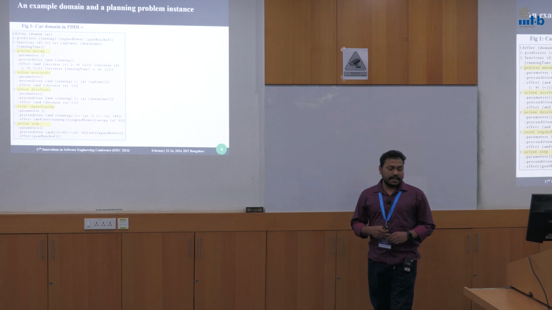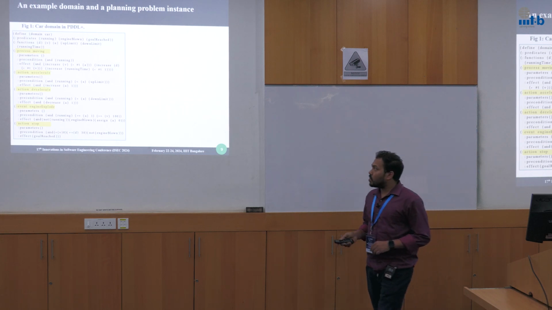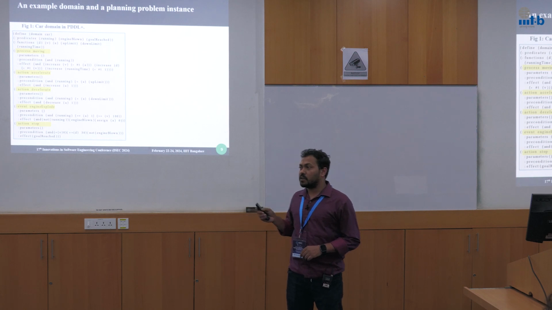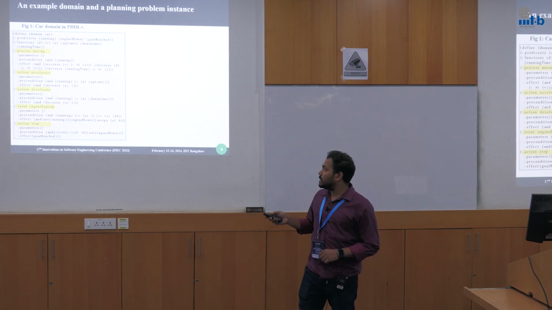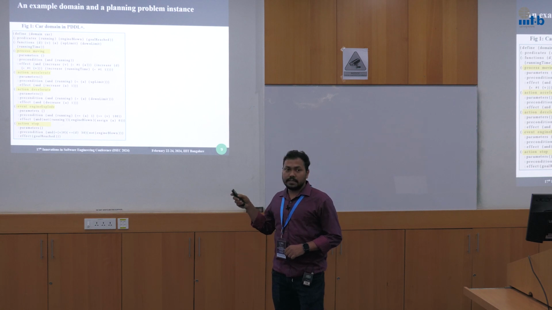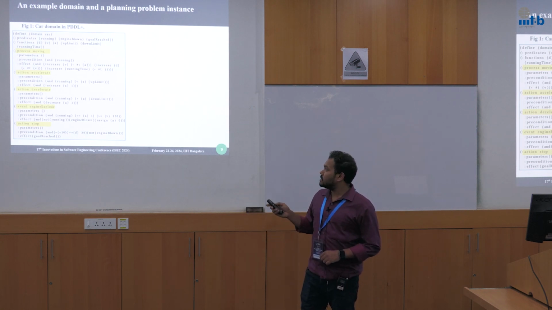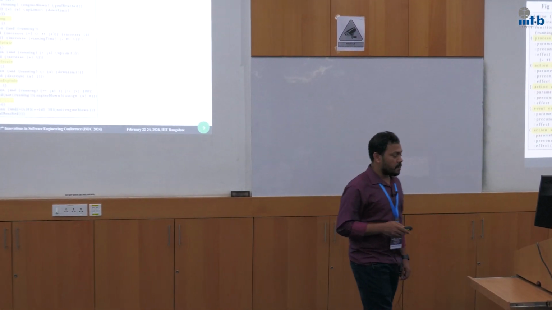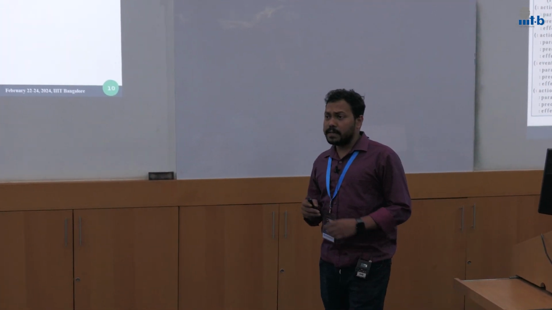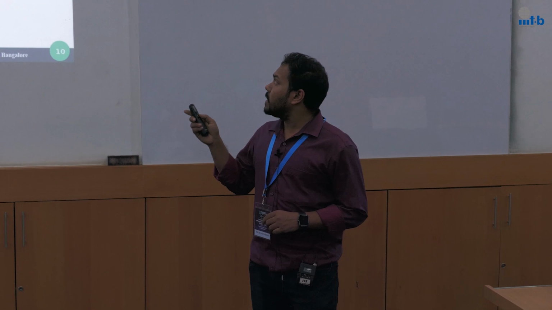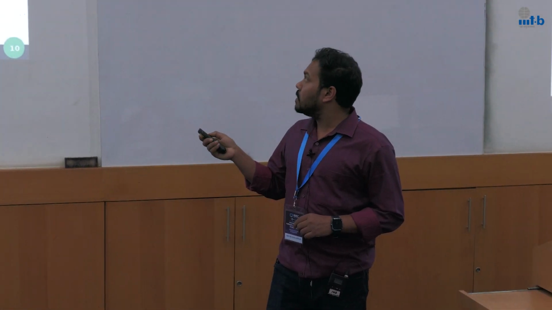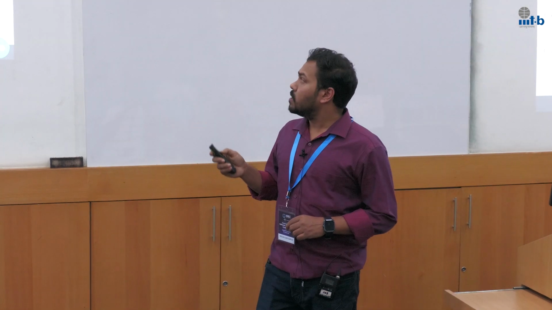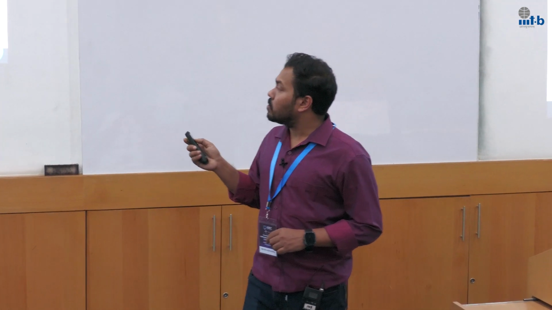Now we give an example planning domain. In this domain, there is a process moving that basically models the continuous behavior of the system, and it has some discrete transitions as actions. It has 3 actions: accelerate, decelerate, and stop, and 1 event, that is engine explode. And a planning problem in this domain where we specify the initial condition and the goal condition for that problem instance. Initially the system is in the running mode, and the goal is to reach the goal reached mode within a specified time bound.